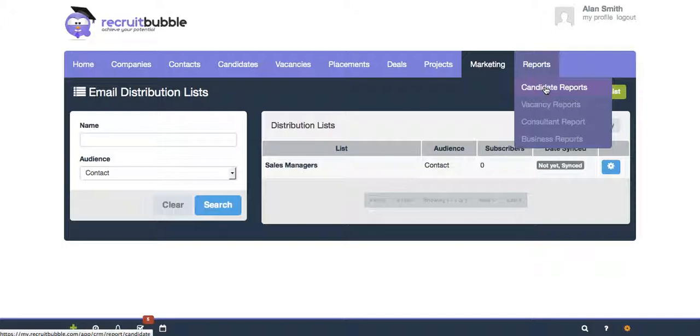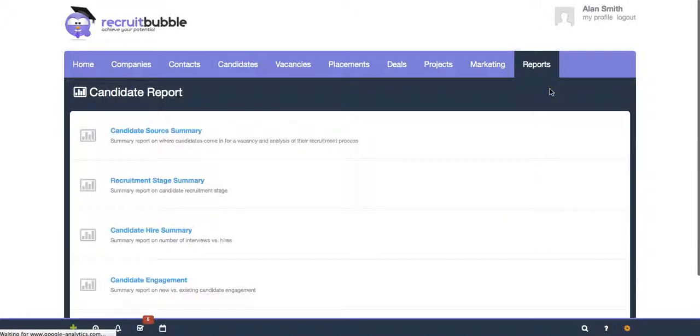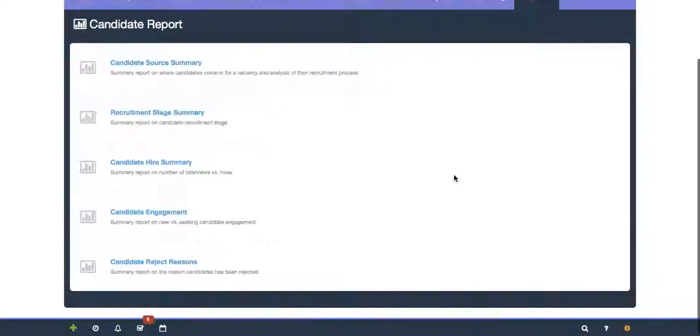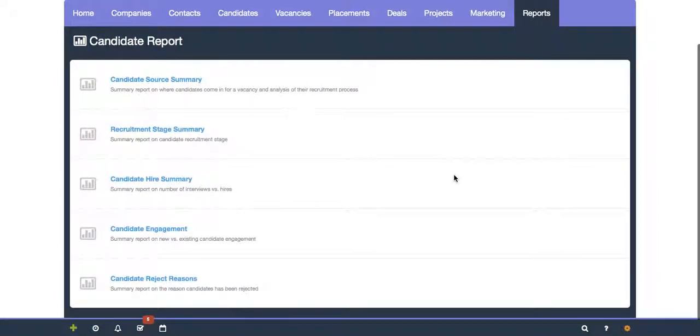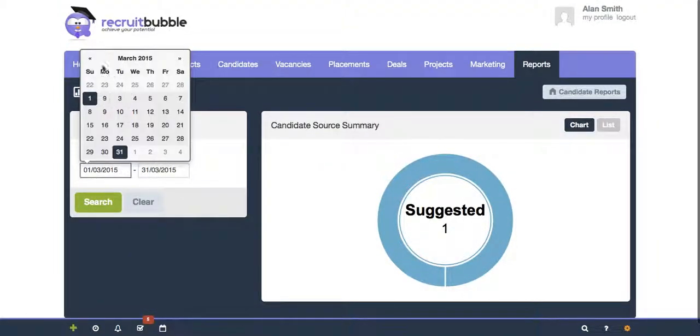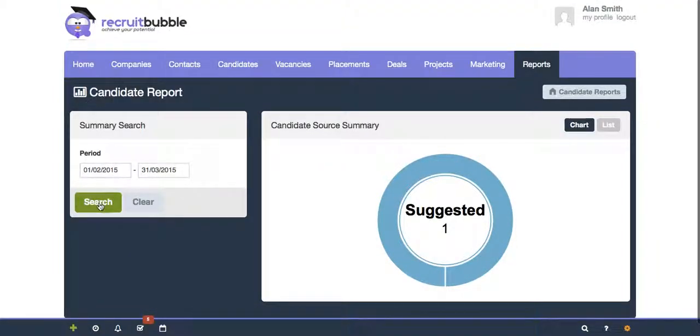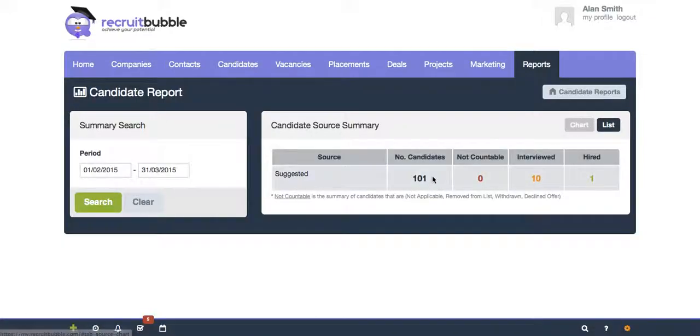Within the reports area here, what we can do is we have 4 core reports, and then from that are the sub-reports in each of those sections. If we wanted to look at the source summary of a candidate, we looked at last month, we can see there's 101 suggested, and we can list that accordingly, how many have been interviewed and how many have actually been hired off that process. All the reports are exportable